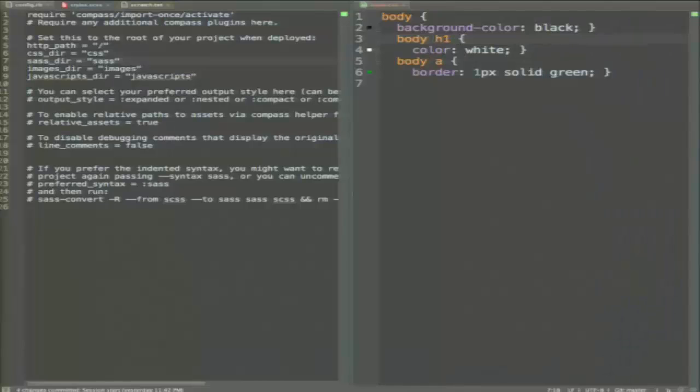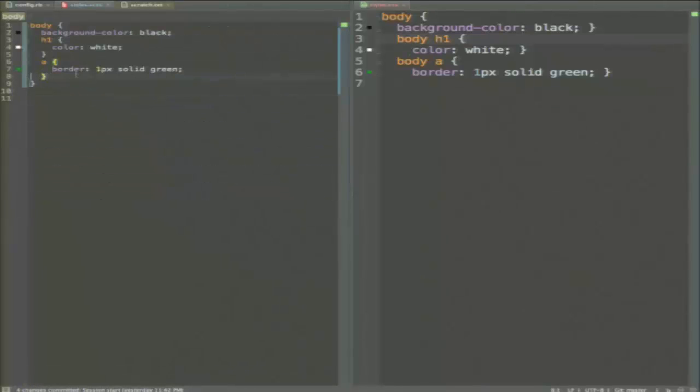One thing I would like to show you, I know that we're probably running short on time here, is two cool functions of Compass. One mixin that it allows you to do is box shadow. So I can say I want a box shadow of black, and you specify your shadow parameters. That's probably not a very good shadow, but